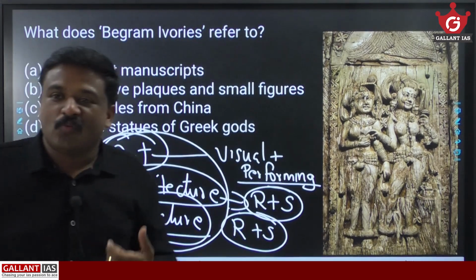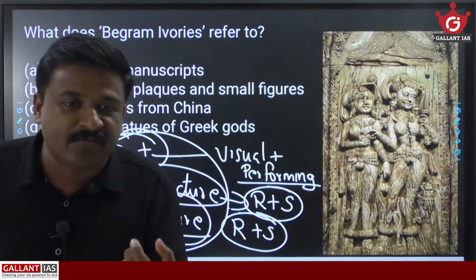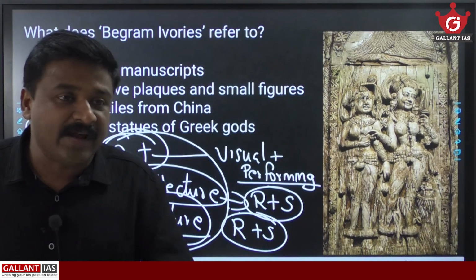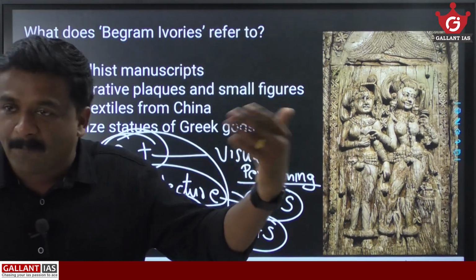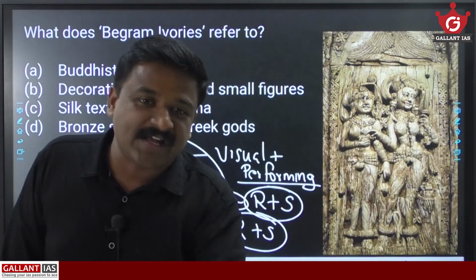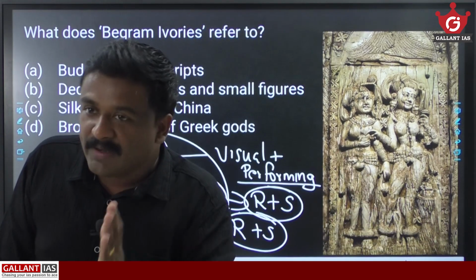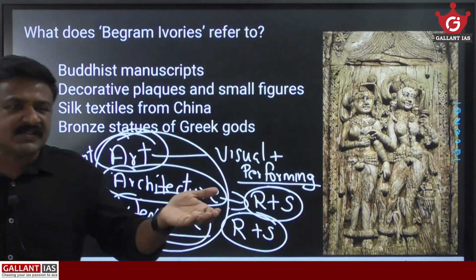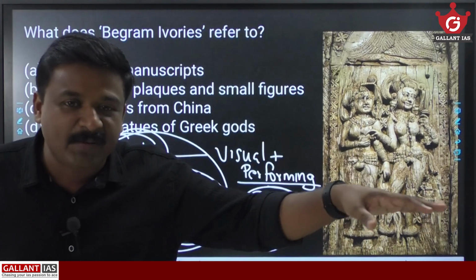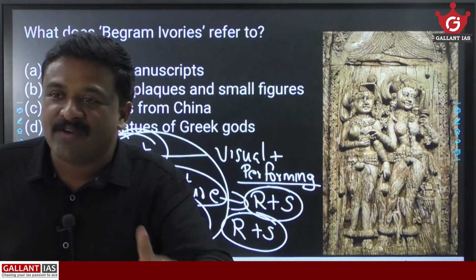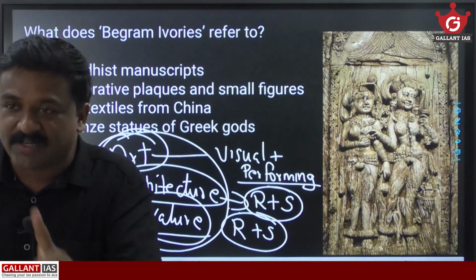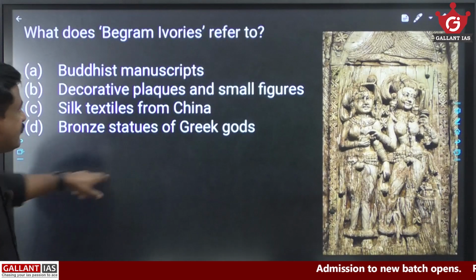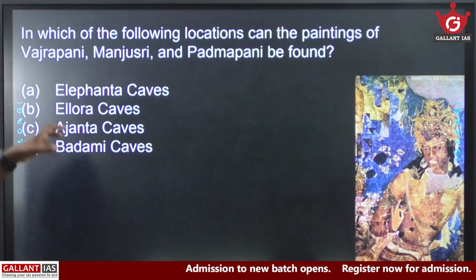So why do I show this? This is exactly the similar way UPSC asks questions in our prelims paper from art and culture. Sometimes the reference is because of something that happened in the news. It was a current affairs issue, so it was asked in the paper. Many times the paintings, art forms, sculptures, temple styles, so many things are asked in the exams because they were in the news, debated or discussed. That's why when these art and culture elements are in the news, you shouldn't skip. Now move on to the next question. First we will discuss some questions, then we will get into the content part.